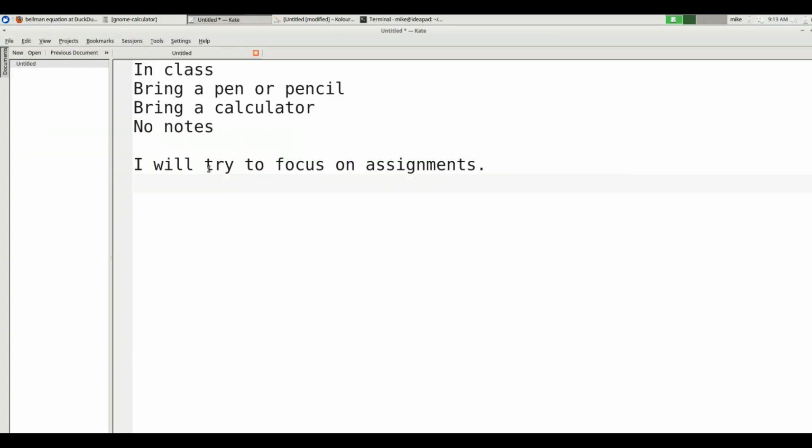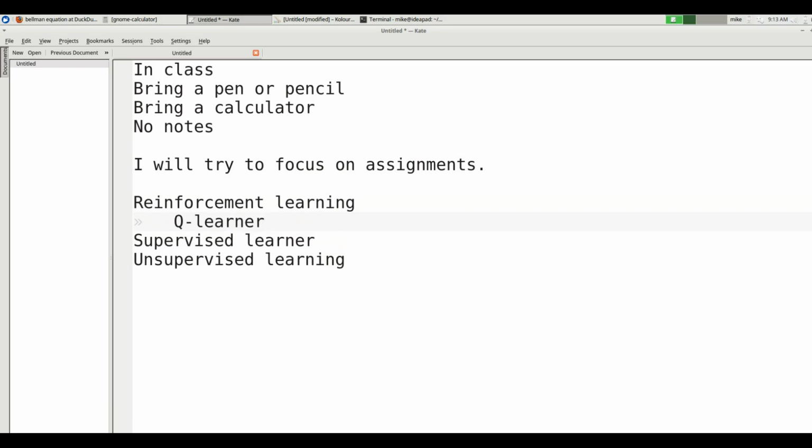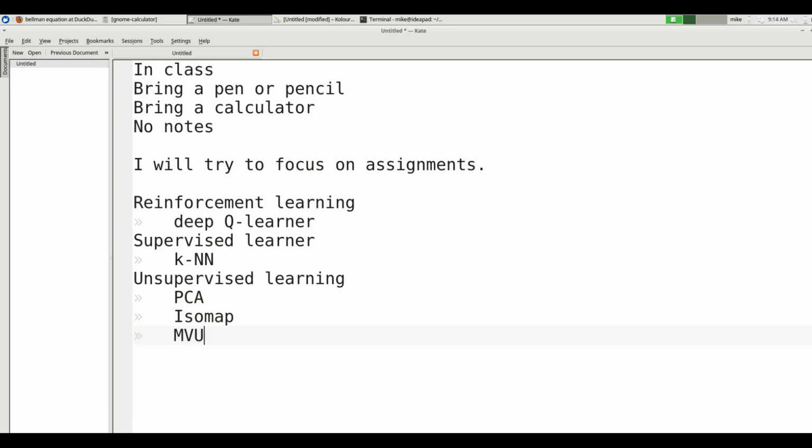So let's list what we've studied. We have done reinforcement learning. We have done KNN learner, and we have done unsupervised learning. Well, I guess let's say we did a supervised learner. There, we did 3 types of learning. In reinforcement learning, we studied a Q learner, and in particular a deep Q learner, which used a neural network to represent the Q table. For supervised learning, we studied KNN and didn't study much else, although we kind of touched on neural networks. And for unsupervised learning, we did PCA and ISOMAP and MVU and